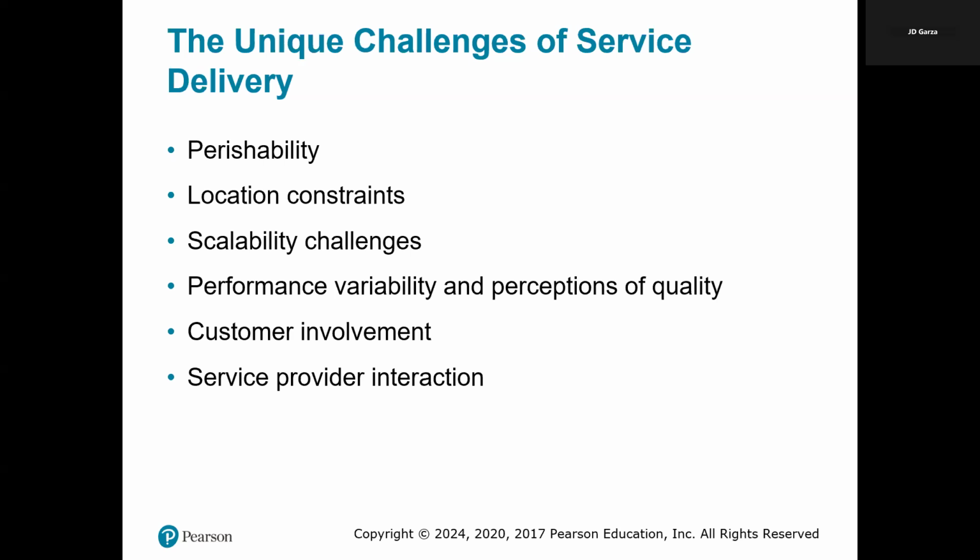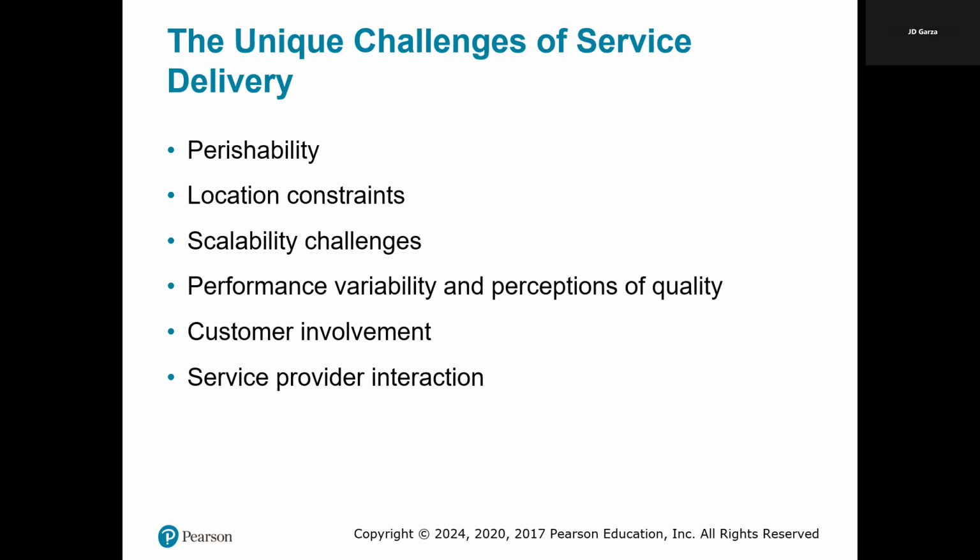How? Without sacrificing service quality or expanding facilities. Then there's variability or perceptions of quality, meaning that service quality can vary significantly based on who delivers the service and under what conditions. Customer perception, as an example, also varies based on individual expectations. An example of this: a customer's experience at a restaurant may differ based on the server's attitude, food preparation, or even the waiting time.